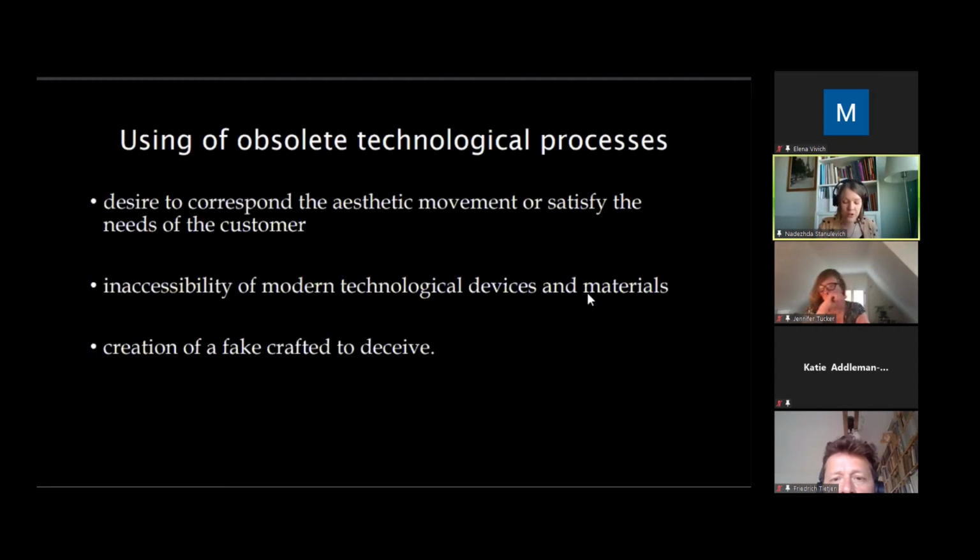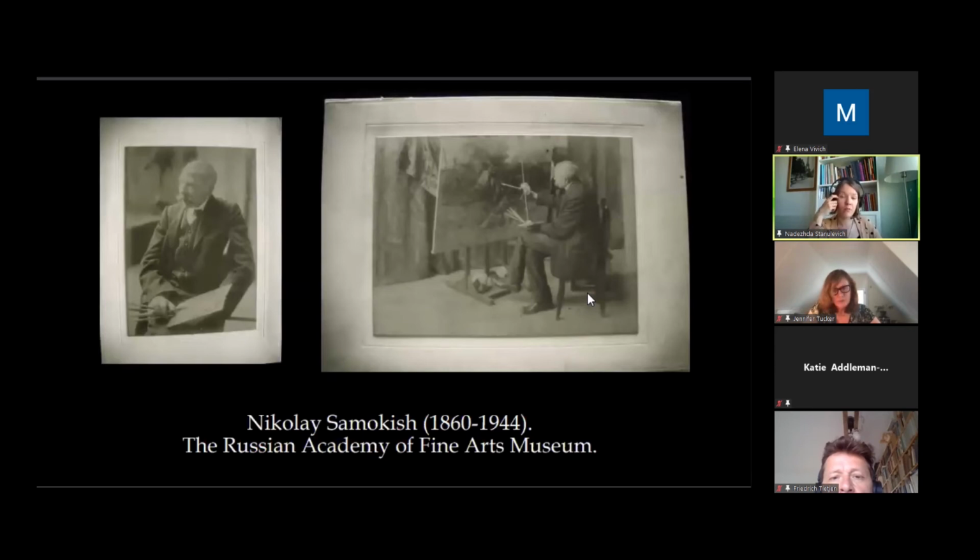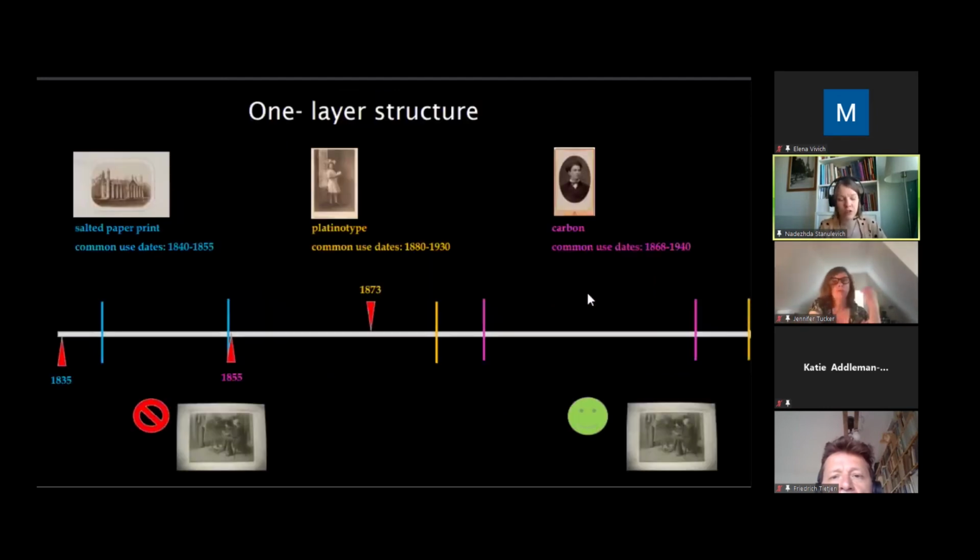The inaccessibility of modern technological devices and materials, regional stories for example, and the creation of fakes crafted to deceive. In the first example, you can see this portrait of the Russian painter Nikolai Samokhish. I researched these photographs about 8 years ago, and the first time I saw it, it was a one-layer structure print, but as I know the dates of birth and death of Samokhish,